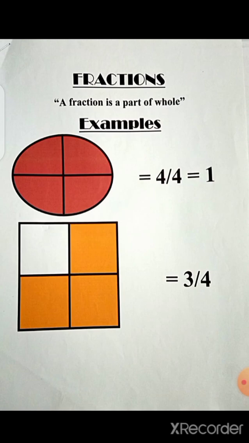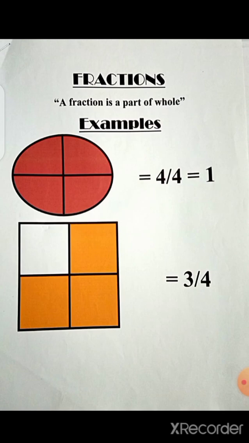If you see the second figure, this figure is divided into 4 equal parts. And how many parts are shaded? Very good, 3. So, you will write the fraction for the shaded part is 3 over 4. It means the total number of parts is 4. You always write the total below the dividing line and the shaded parts above. So the fraction is 3 over 4.